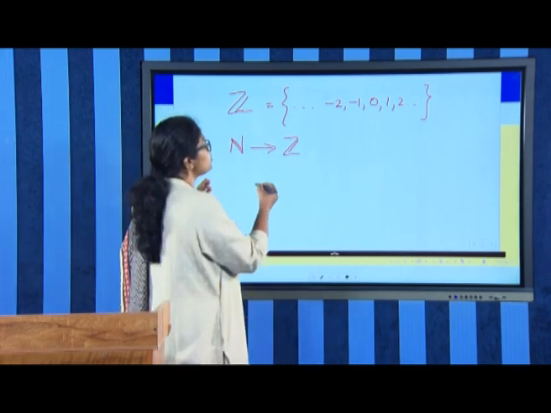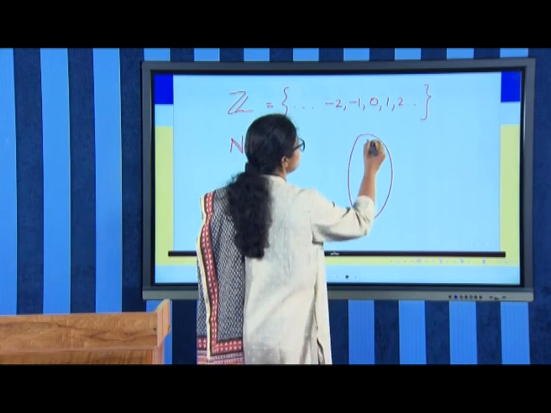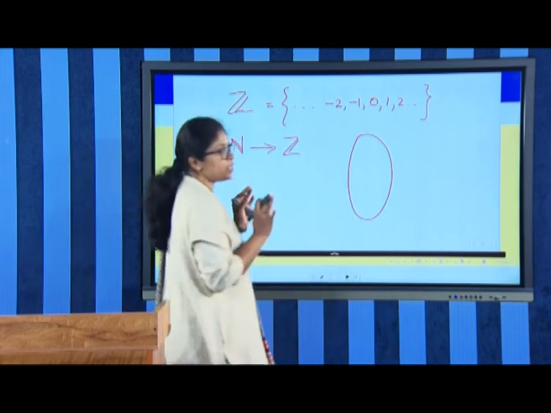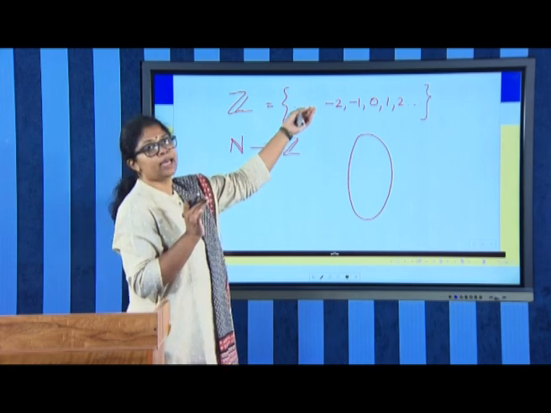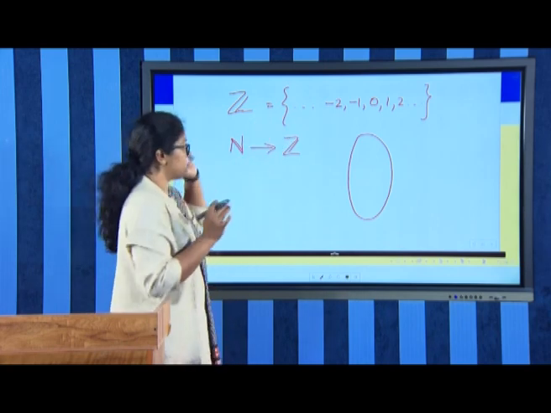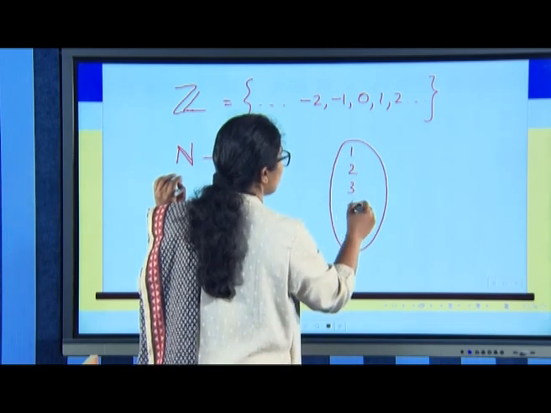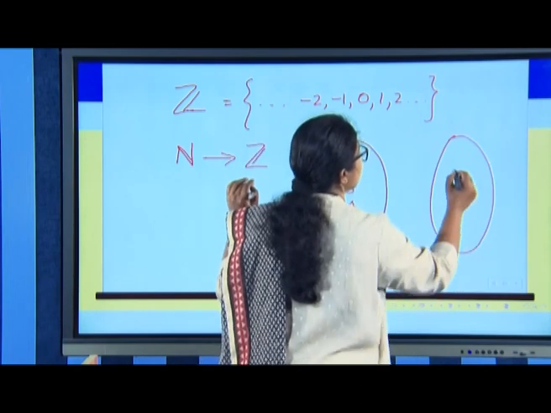We are going to map all the even natural numbers to the positive, or non-negative, part of the integers, and all the odd natural numbers to the negative side of the integers. So, we have 1, 2, 3, 4 and so on, and here you have 0 in the middle,